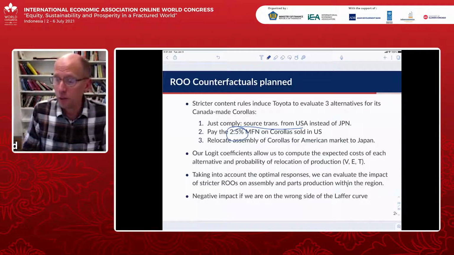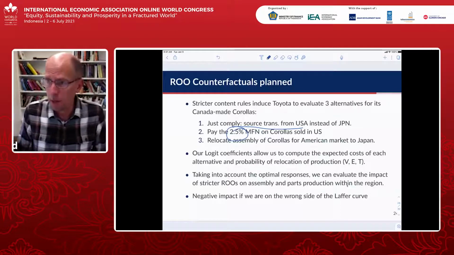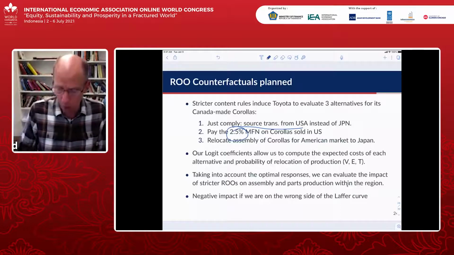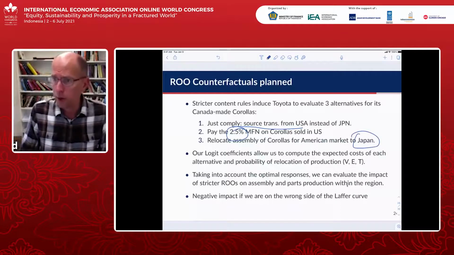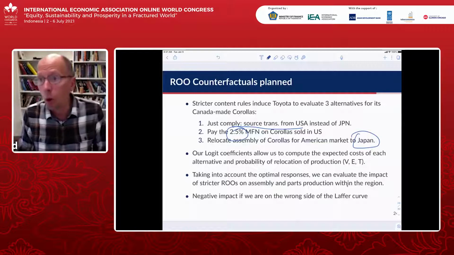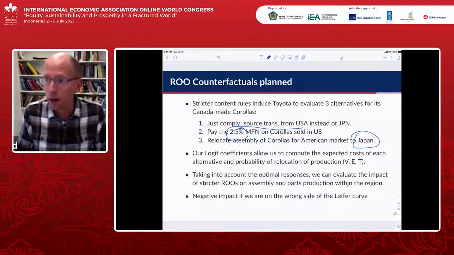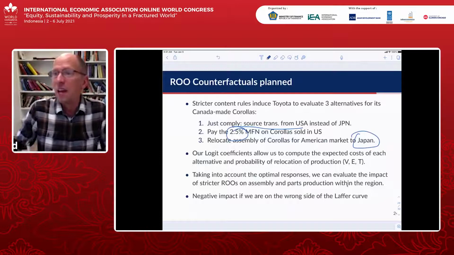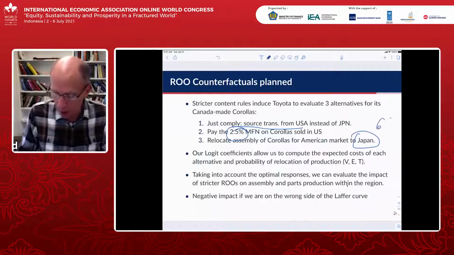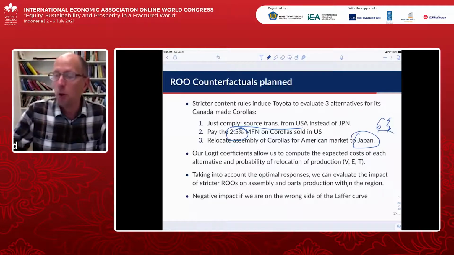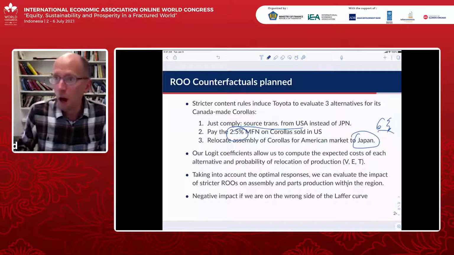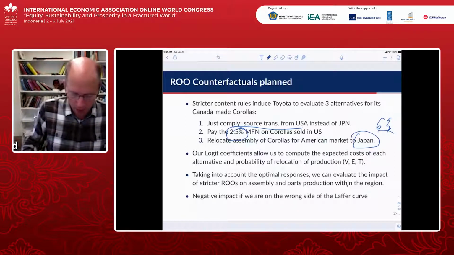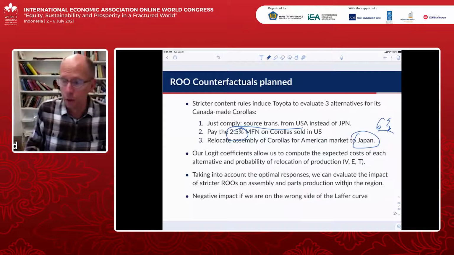Or you might say, if I'm gonna have to pay the MFN at 2.5%, then I might as well go back to producing my Toyotas in Japan. Or what the Canadian tariff negotiators were quite worried about, they thought was a bigger risk, was that you'll just move production to the Georgetown, Kentucky US plants and consolidate production there and say, heck, I'll pay the 6% Canadian tariff on the relatively small fraction of my cars that go back to Canada. So these are all the possibilities that are at work.